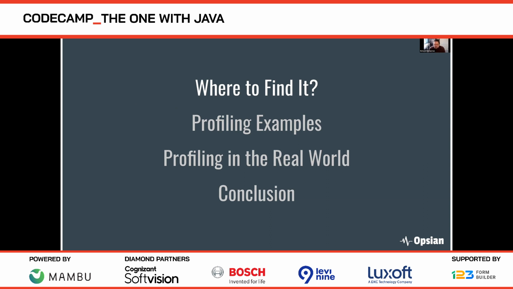So I'm going to run a couple of lightweight benchmarks on my desktop here and fix some performance problems as we're talking live through the talk. So you've seen live coding, live performance fixing is going to happen in this talk, hopefully. And then we're going to look at how you take those examples and apply them in the real world on a more serious production system, and wrap up with some conclusions.